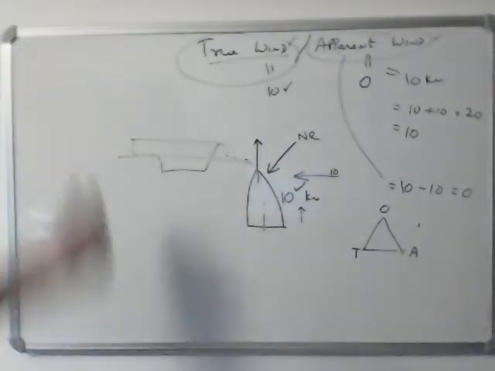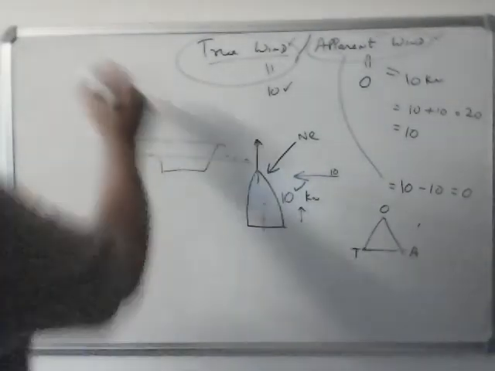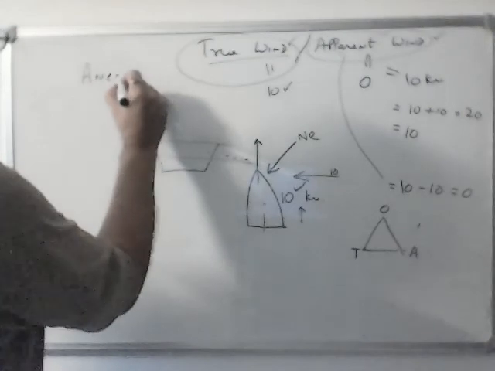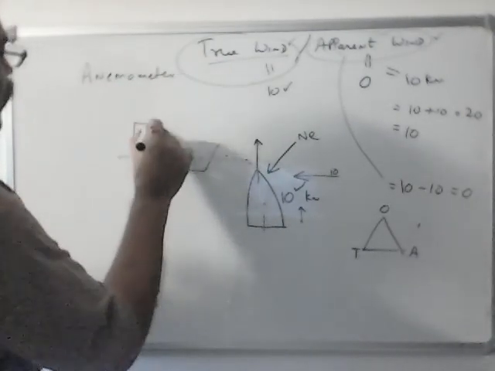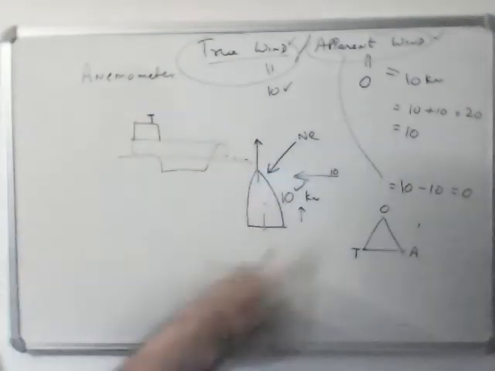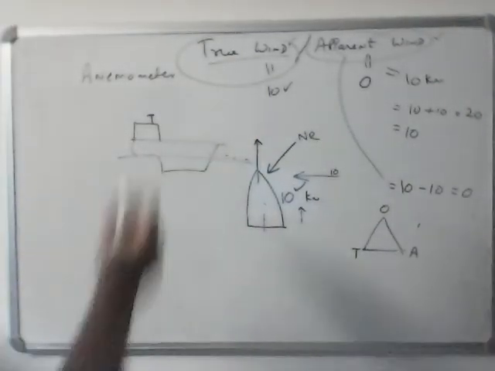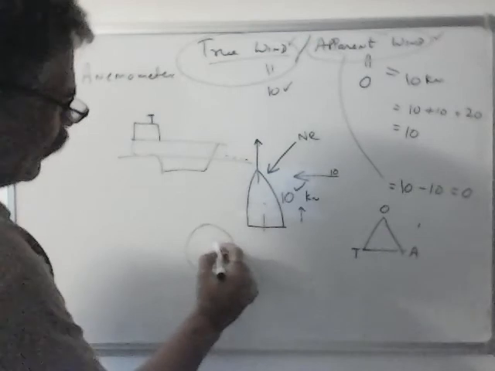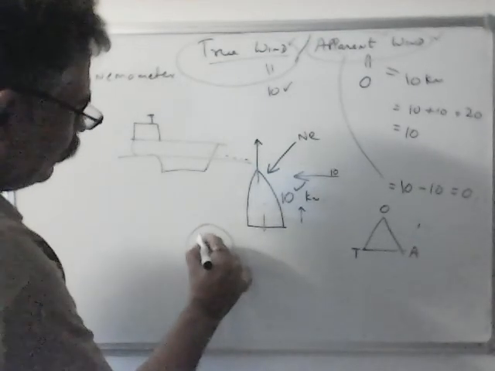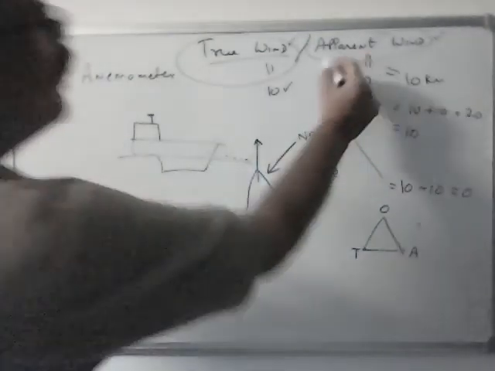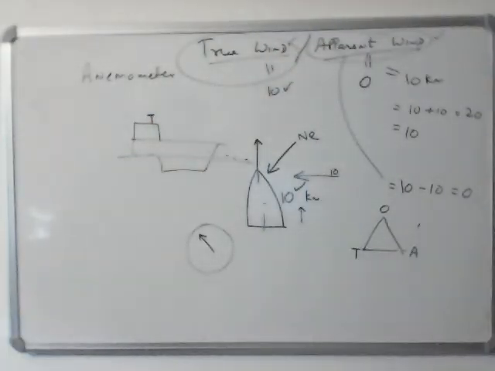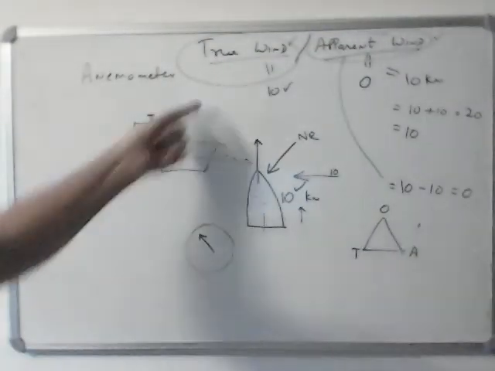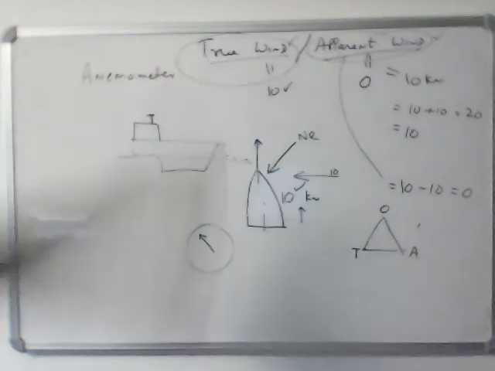But if it is darkness and if you have an anemometer, the anemometer is fixed on the top part of the ship. It is just like a fan which is moving at an RPM, and that RPM is indicated on the bridge. So you get the direction as well as the speed of apparent wind. So if you know the apparent wind and the ship speed, and it is night time, then you can calculate true wind, because you have to write the direction of the true wind and the force of the true wind in the ship's logbook.